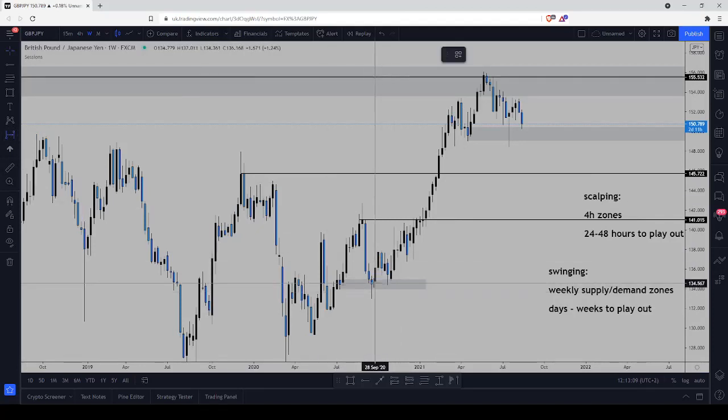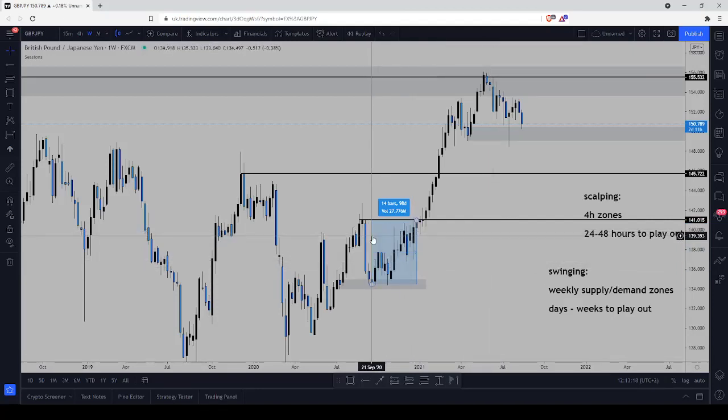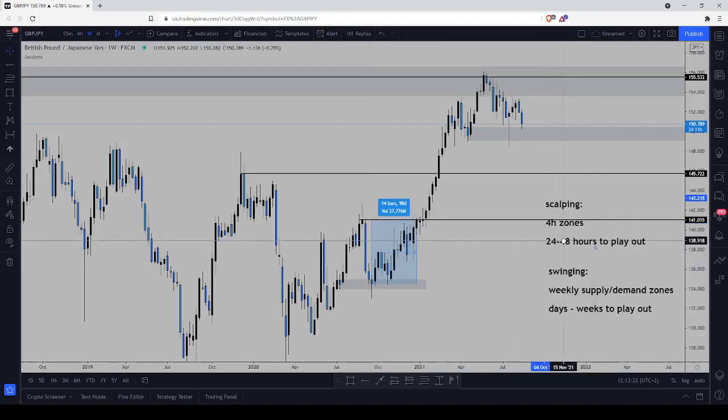That would just be 14 weeks. That would be 3 to 4 months to play out. So if you can use those trades as well, apart from scalping, it is very powerful because these trades are very high risk to reward, and you're just patient, and it keeps your account always in the blue.